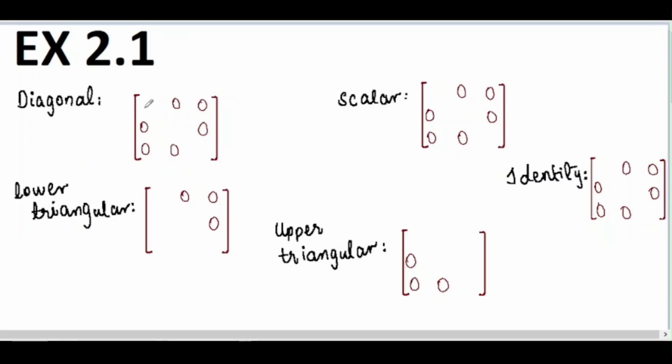For diagonal matrix, in the left 3 places, any one of these 3 spaces must be a non-zero element. The rest can be 0 or non-zero depending upon whatever the matrix is, but at least one of the leftover spaces must be a non-zero element. It can be that the other two are 0 or non-zero depending upon the situation. So I'm writing an example over here: 1, 2 and 3. There can be 0 in these 2 places, but at least the third place should be a non-zero element.